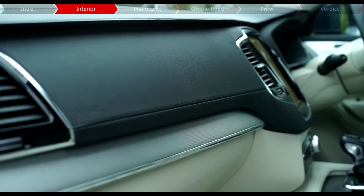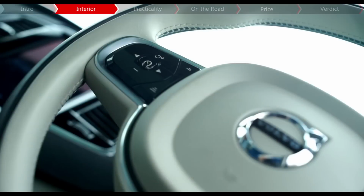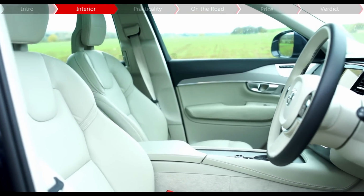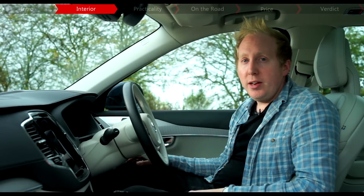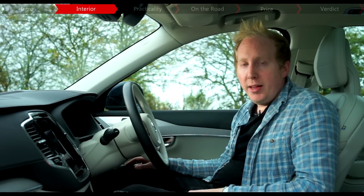This is the luxurious Inscription trim, and the materials and finishes really are lovely, but even on the standard model, it's still very high quality in here. But despite looking stunning, we'd probably avoid this cream leather interior, because if you're anything like me, you'd be terrified